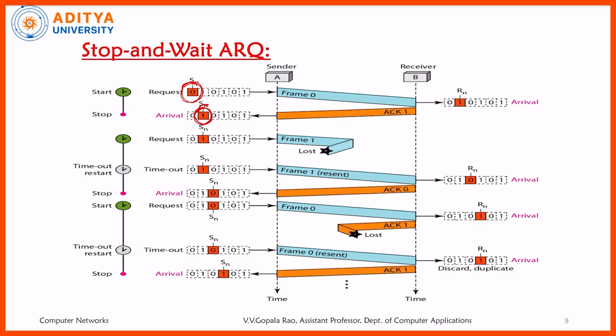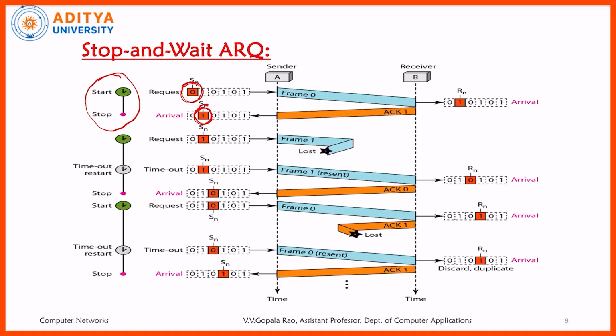Of course, there is one piece of information I am going to mention: if you focus on start and stop, the first step, that means sending of frame 0 and getting of acknowledgement 1, is actually in time. So there is no ambiguity for the sender about whether frame 0 was received by the receiver or not. Because the acknowledgement is received by the sender in time, you can call it an in-time transaction. But this is not possible in all cases. That also we are going to see.